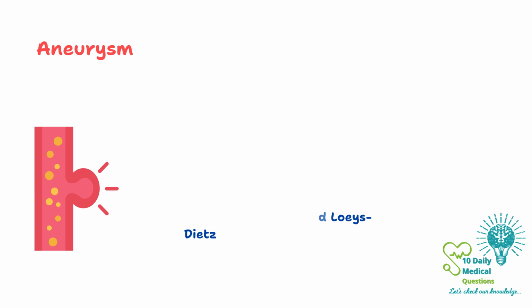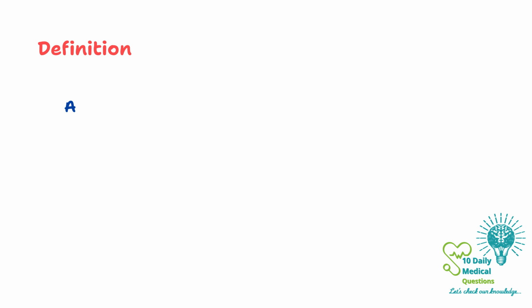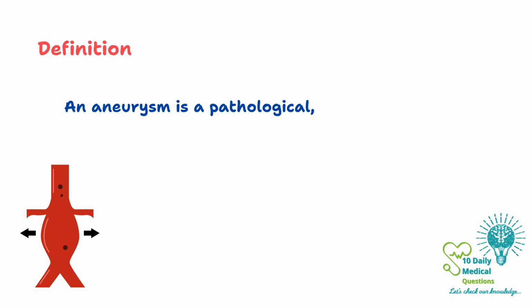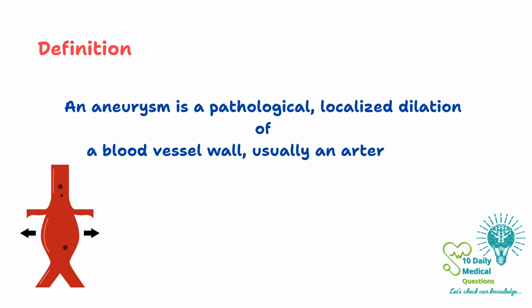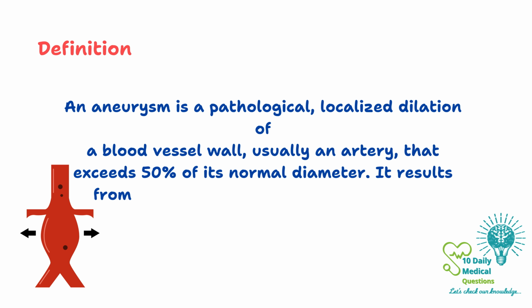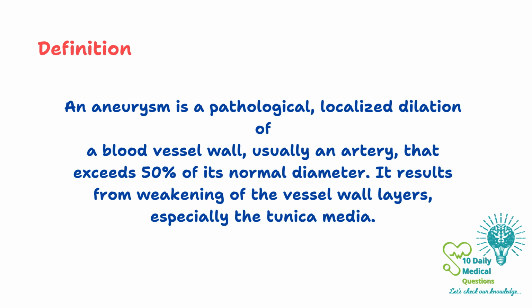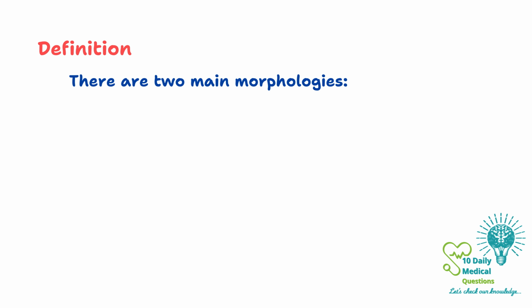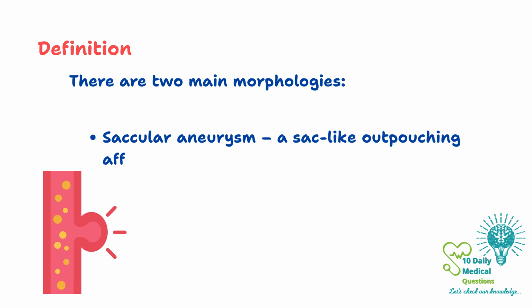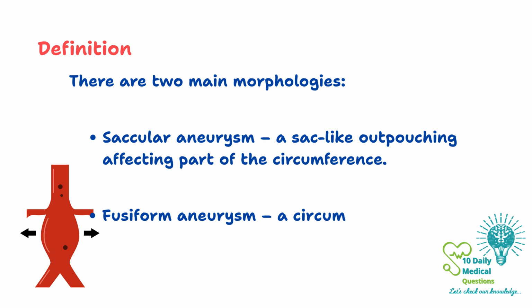Let's get started. Definition: an aneurysm is a localized pathological dilation of a blood vessel, usually an artery, that exceeds 50% of its normal diameter. It's caused by a weakening of the vessel wall, typically affecting the tunica media. Aneurysms are classified by shape into saccular, which forms a sac on one side, and fusiform, which are symmetrical and